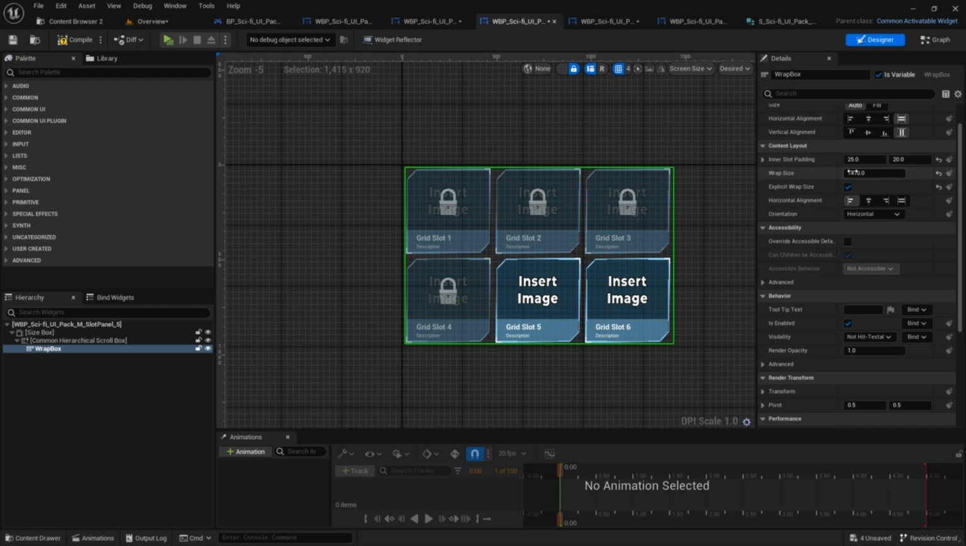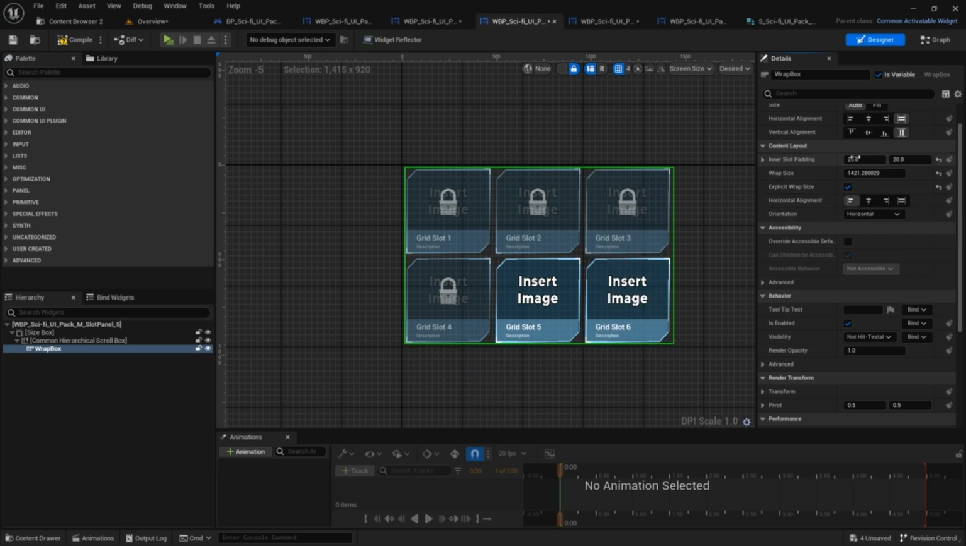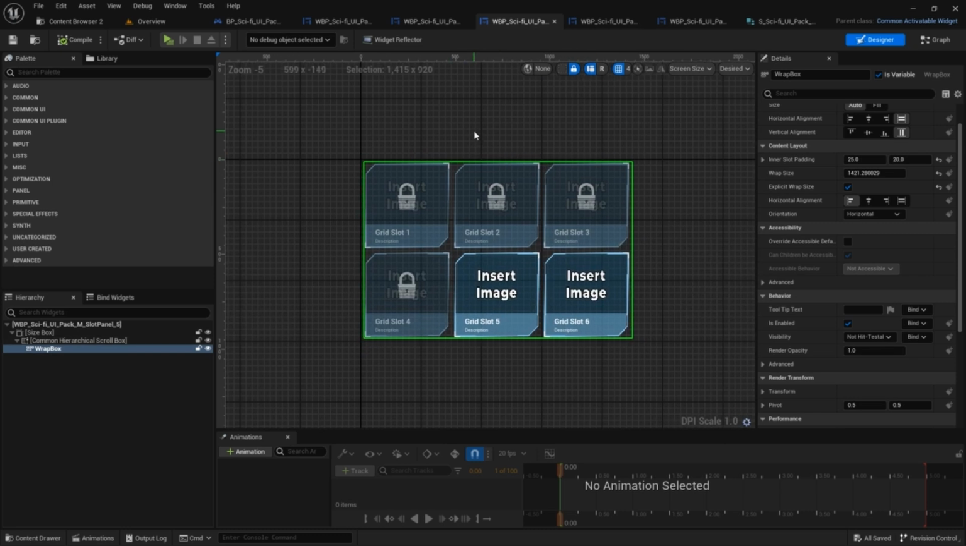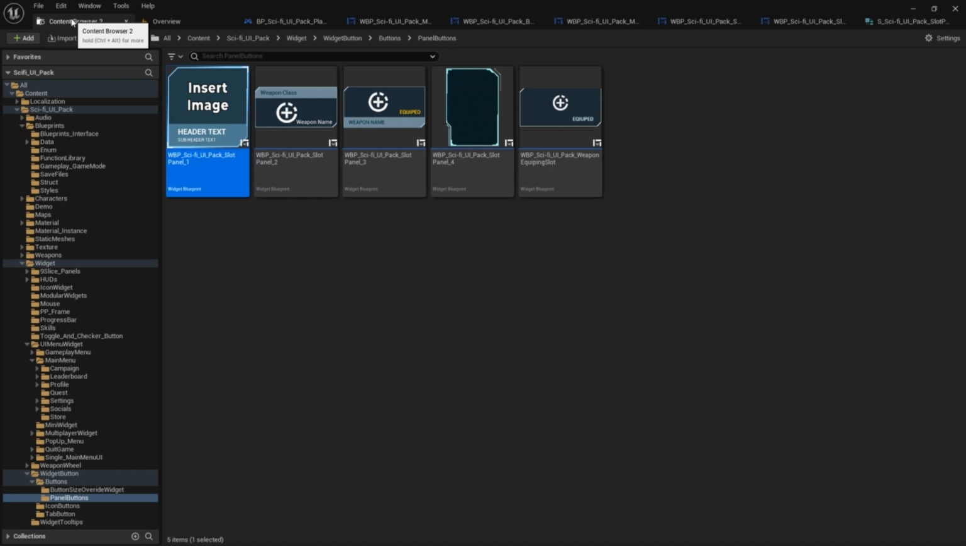If it's horizontal, it will wrap horizontally. You can also make it vertical. You can wrap vertically, you can wrap horizontally. So that's the advantage of using the wrap box directly. Now, in this case, to find the struct that this widget button is using, you can find that